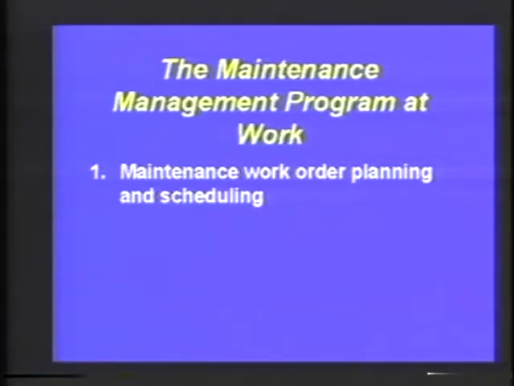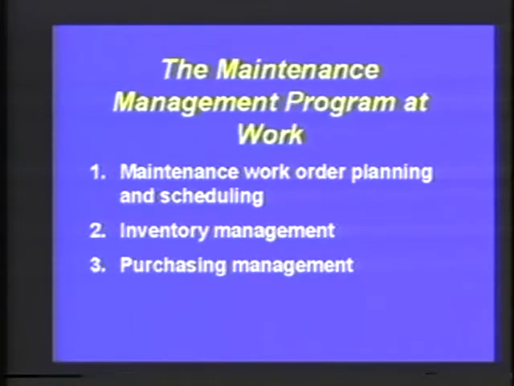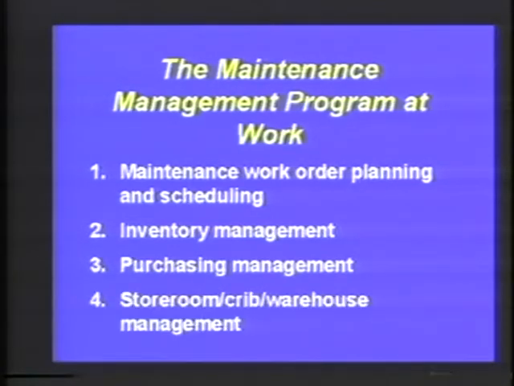As I've said before, it's the heart of the planning and scheduling system in maintenance management. Secondly, we're going to address the inventory management portion, and third is the purchasing management portion, and fourth is the storeroom management portion. And so you won't forget, craft capacity requirements is actually an integral part of item number 1